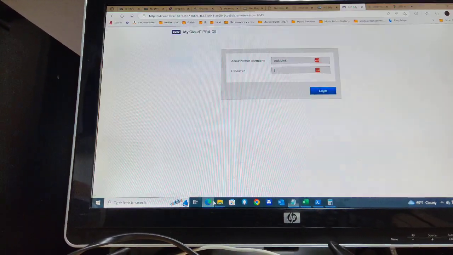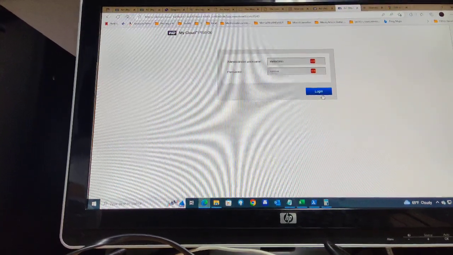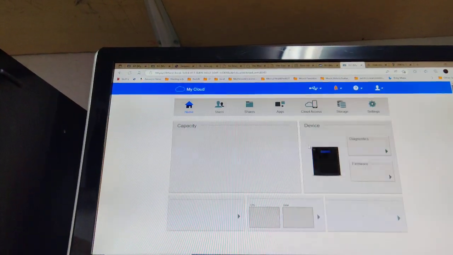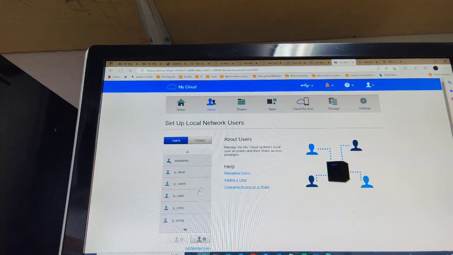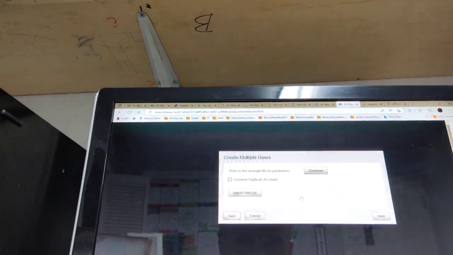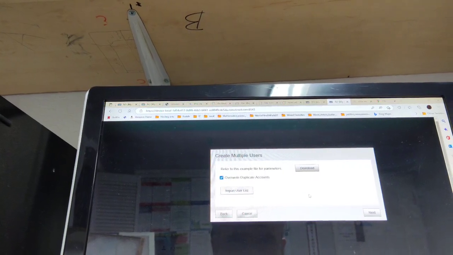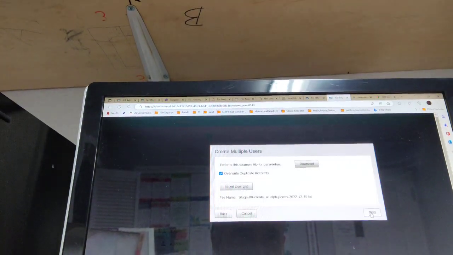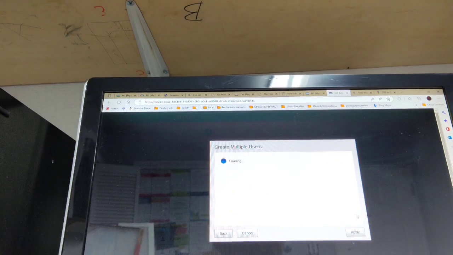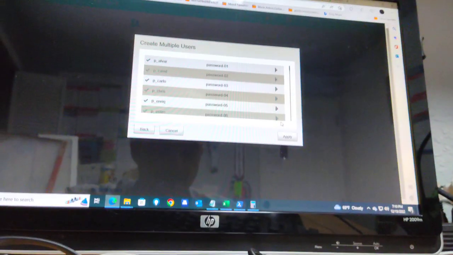There we go. And then over here I'm using N2. Go to users, add multiple users, import users, next, overwrite import users list, double click on it, next, loading, there it is, apply,